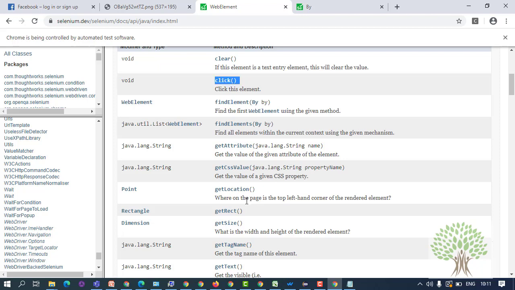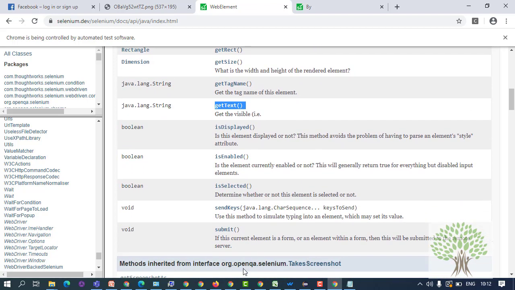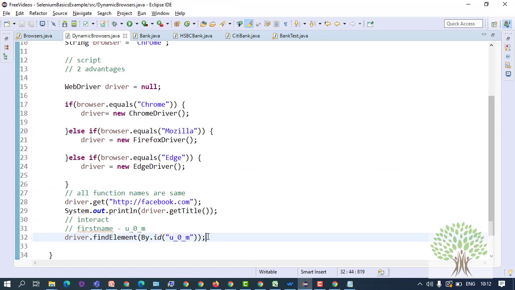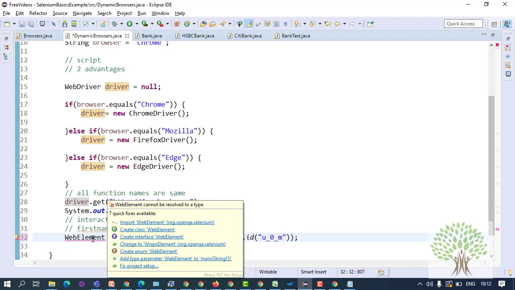Like you have got click function which will click on the element, get text which will get the text of the element, is displayed which will check whether the element is displayed or not. Fine. So over here you will write driver.find element and this will return you a reference of web element interface. Okay, so you import this.